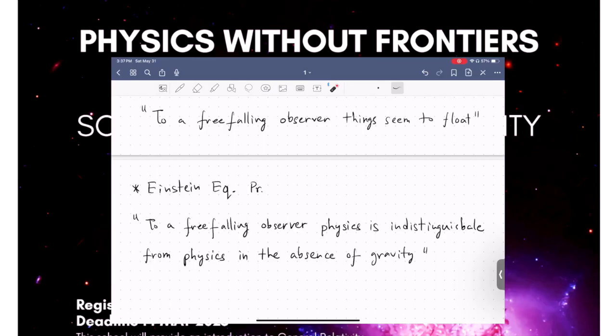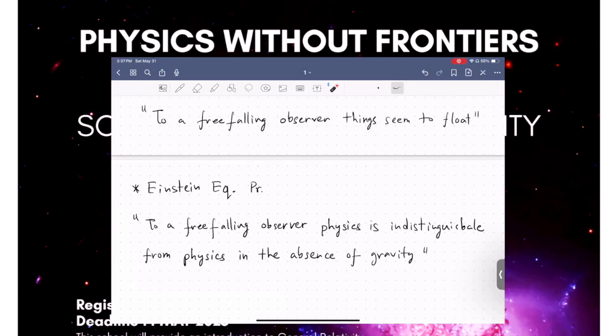The asterisk being that our experiment has to be confined to a small space, and we will get to the reason why later. For now, we can say it like this: when we are freely falling, all physical laws seem to behave as if gravity did not exist. Okay, which again